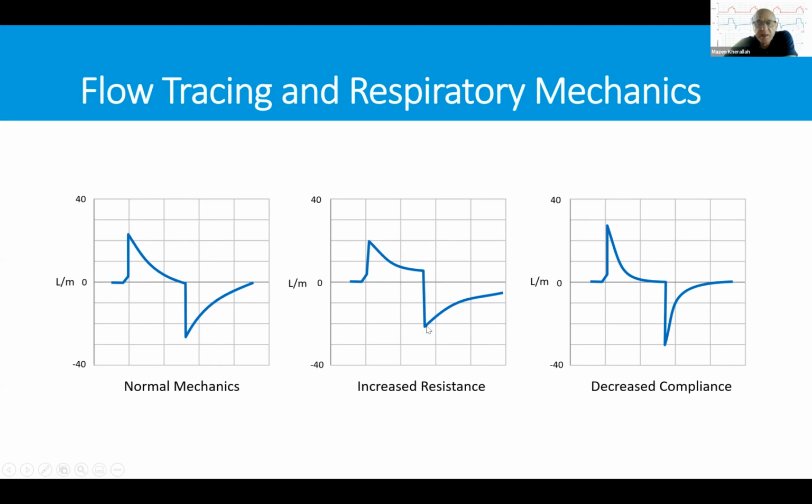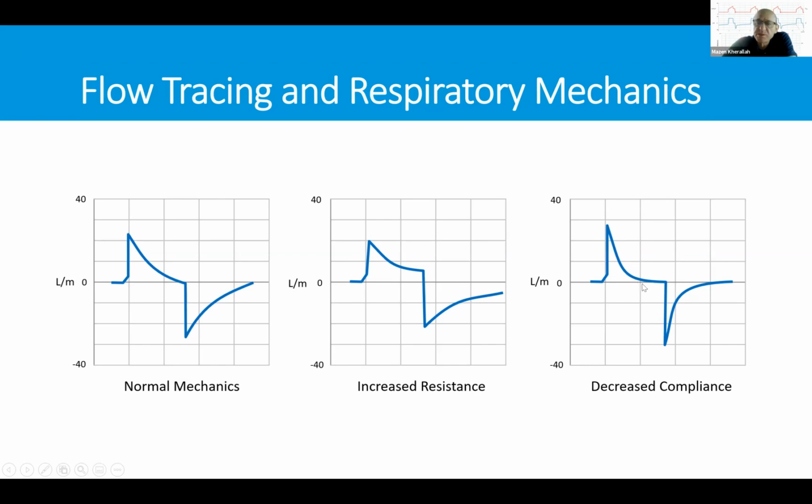You will see that the peak expiratory flow is lower, and look at the decrease in the flow. It decreases at a slower rate than in normal mechanics. This limitation in the flow in inspiration, but more in expiration, indicates that we are dealing with increased resistance. Compared to this waveform, you can see the peak inspiratory flow decreasing at a faster rate, and